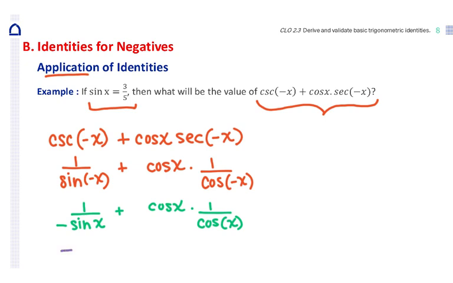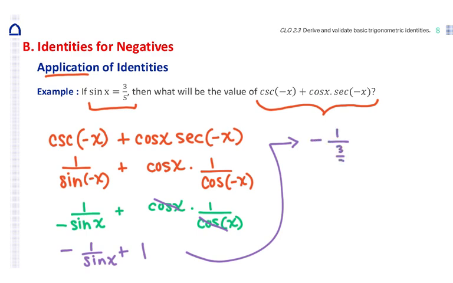And so we've got negative 1 over the sine x here. Now we've got cosine divided by cosine, which just simplifies to be 1. So now we can go ahead and plug in our values. We've got negative 1 over 3/5 plus 1, which ends up being negative 5/3 plus 1, which equals negative 2/3